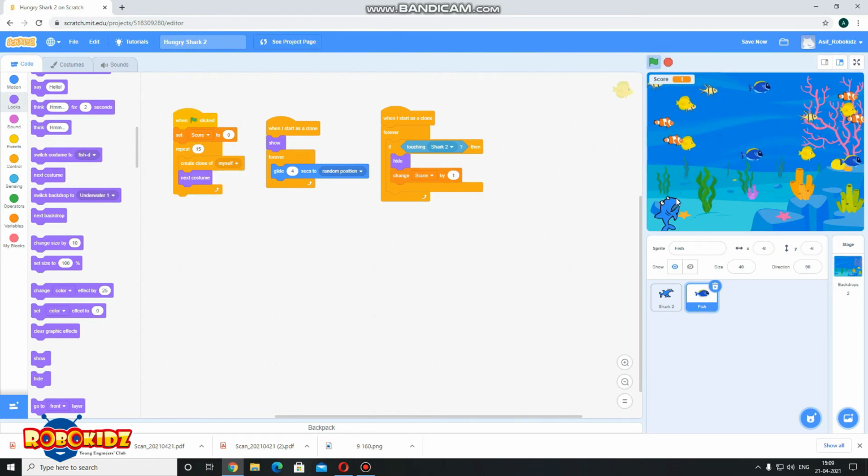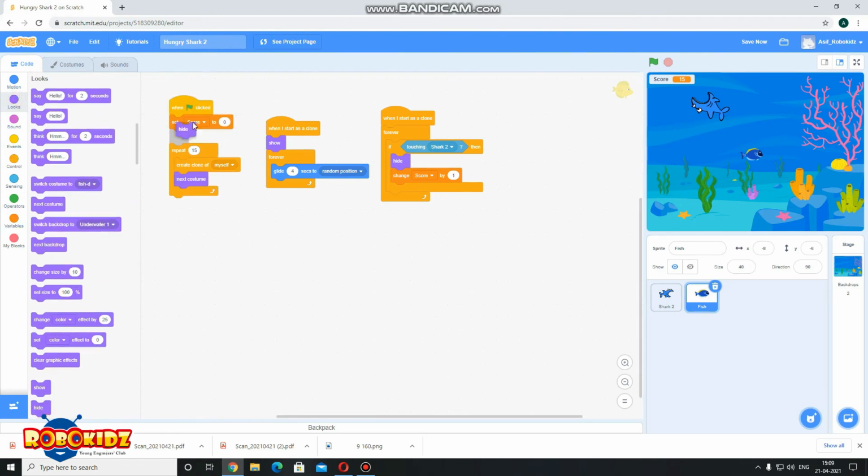Now still you can see that there is one sprite, the main sprite, which is as it is, not going anywhere. So I want that to be hidden. So these are the 15 clones, and this is the one extra fish. So we need to hide this extra fish. So we'll go into the looks again, we'll take this hide. So now that fish will be hidden as soon as the clones are made. Now there is no steady fish. So it was done. That was the scoring game, the third part.